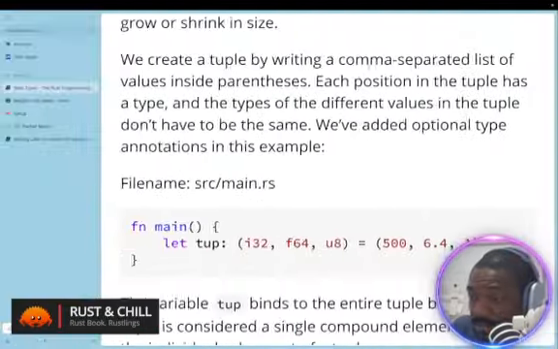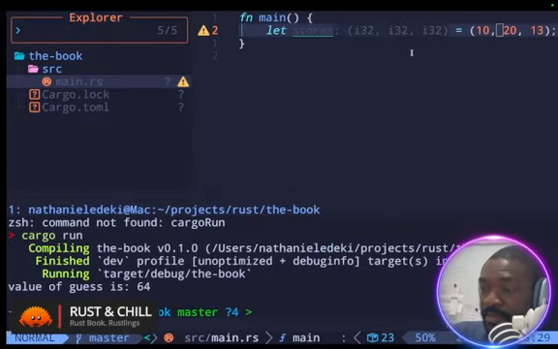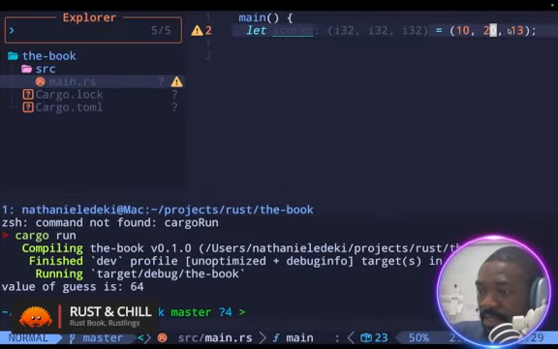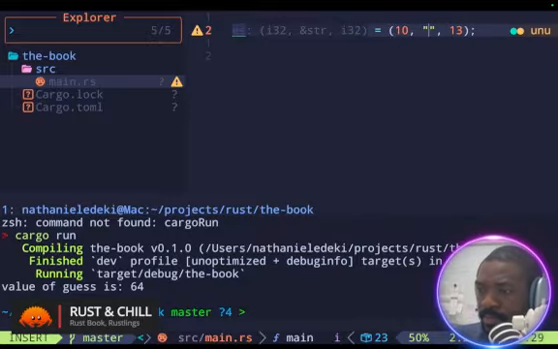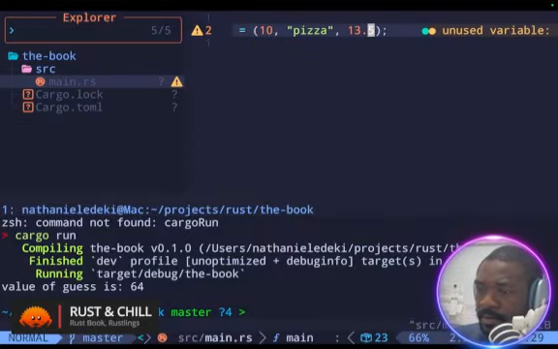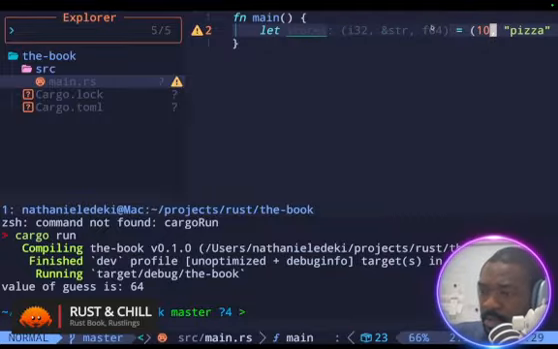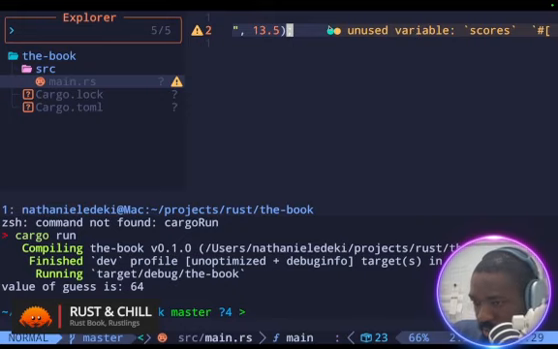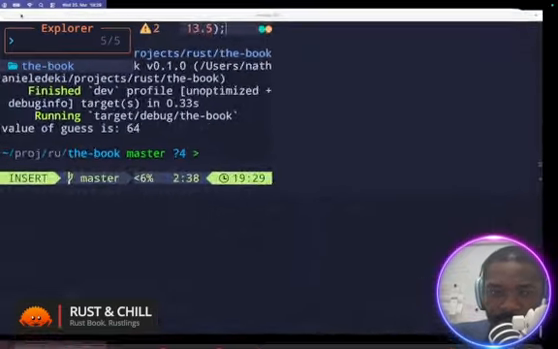Actually, you can combine different types for a tuple. It doesn't have to be one type. So I can say pizza and 0.5. Still a valid tuple. And to access the values in the tuple,